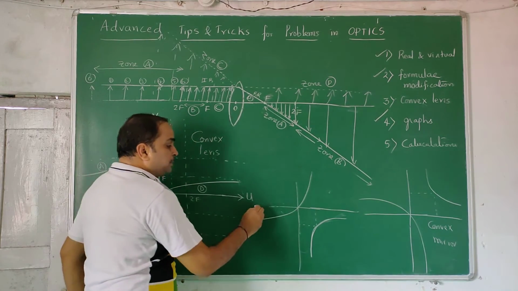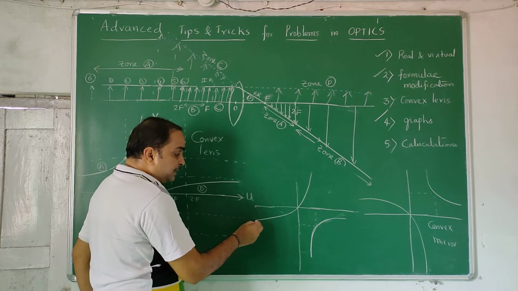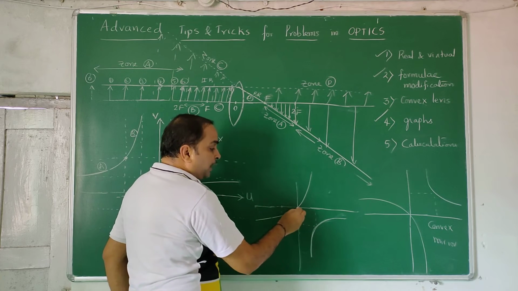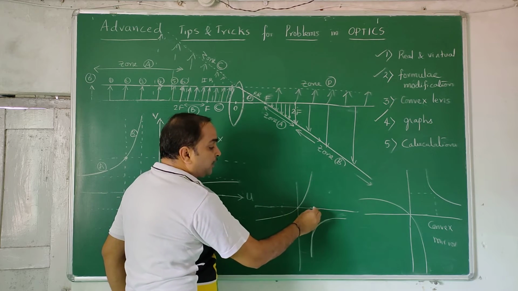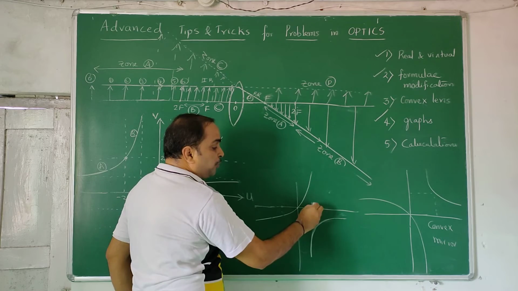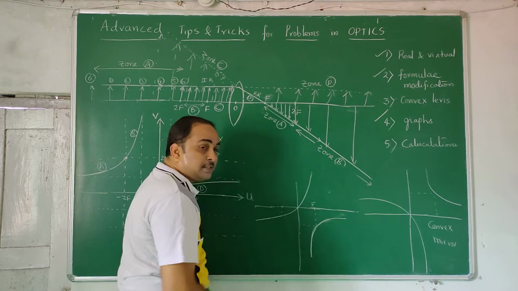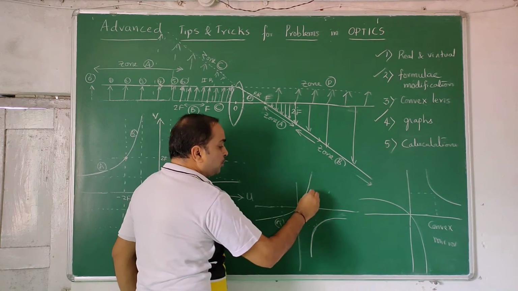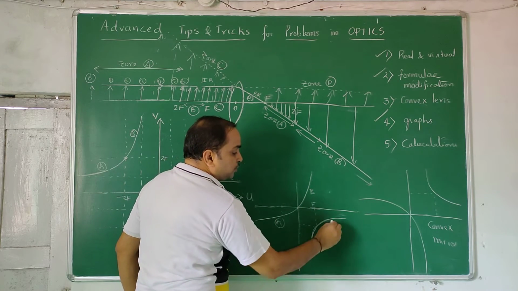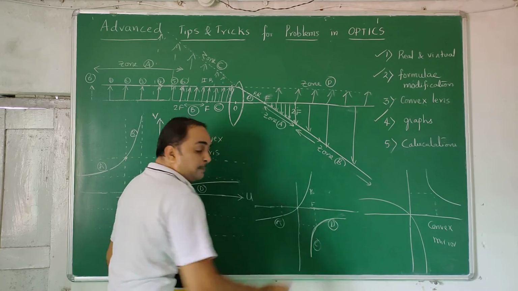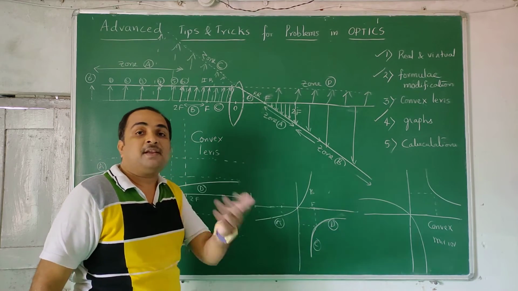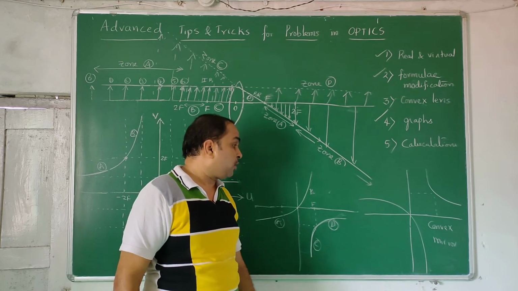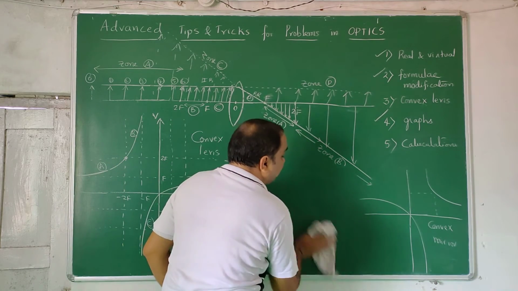When you are coming from object distance at minus infinity, where is the image? At 2f, where is the image? At f, where is the image? Similarly, when you approach, where is the image? And after passing through the plus 2f point, as you are going, in which zone is it? Just like that, everywhere you will have 4 zones: zone A, zone B, zone C, zone D. In each zone, the behavior will change. So 4 zones every time, whether you take concave mirror, convex mirror, whatever you take, each of them will have 4 zones.